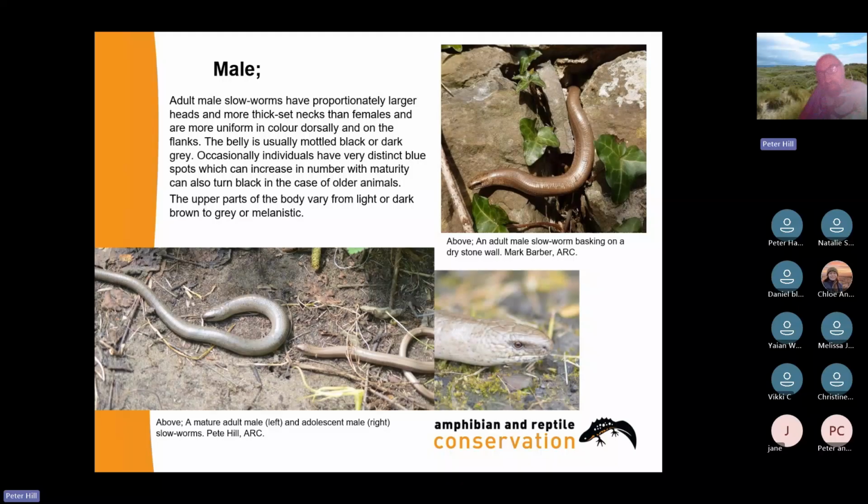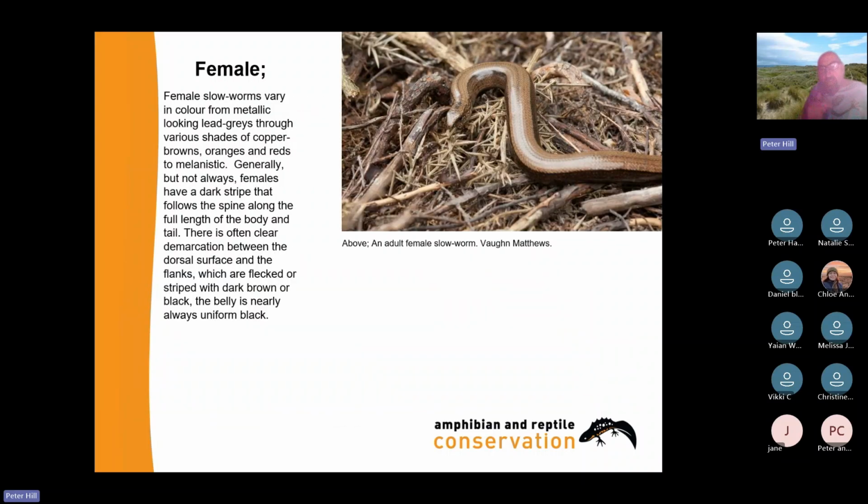But here's a close-up detail of an East Port Talbot male slowworm, big mature individual, very clearly defined head. It's got eyelids, unlike a snake. Female's much more beautiful, in my opinion. You can see how smooth and polished her scales are, but she looks very coppery, that animal, very metallic looking. But can you see, apart from the fact that she's a richer colour than the male, she's got a daintier head